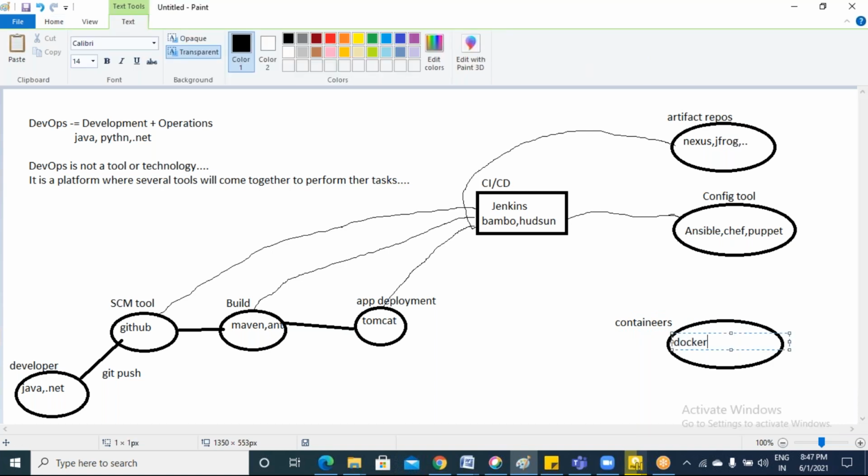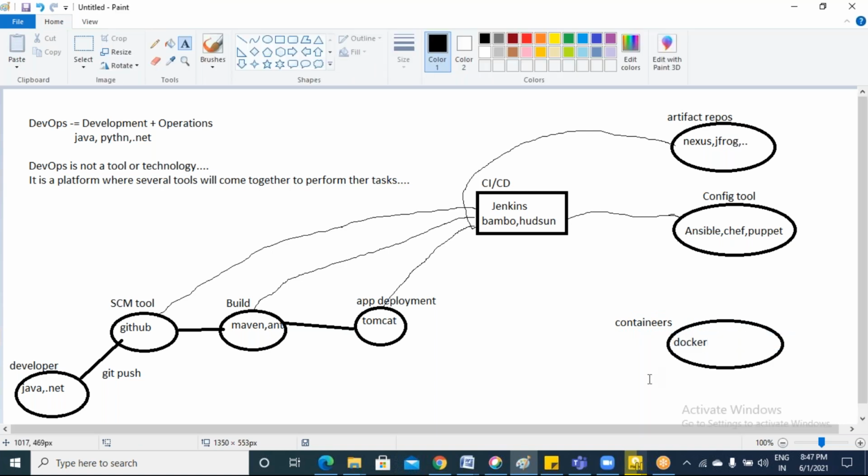Here we will be using the tool called Docker. What Docker will do is help you reduce your cost, and it provides very fast servers, with fault tolerance, in the sense you will not get any errors when it comes to the setup.